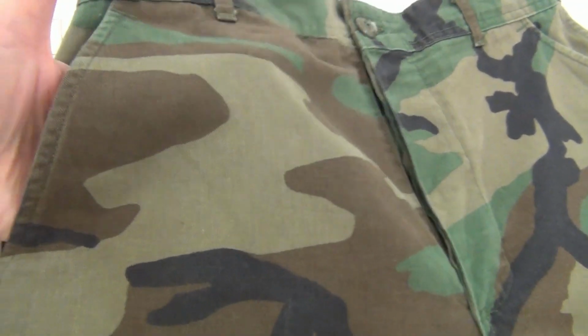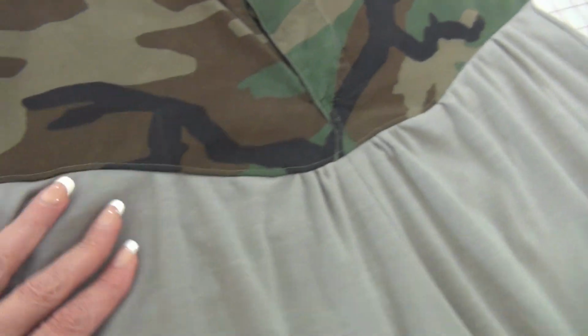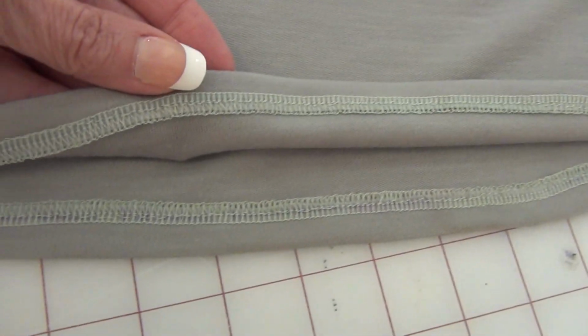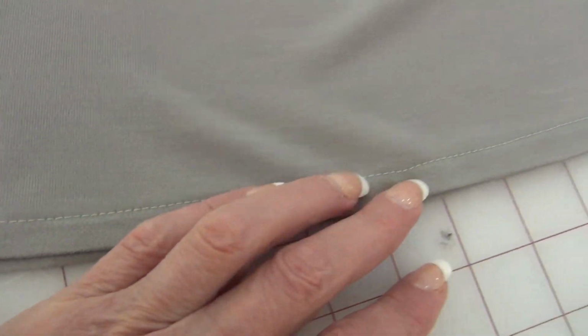So I preserved the pockets and the fly, the button fly here. You have the top stitching here and the gathers. We have the seams, inside seams, and I hem these with my serger, and then I top stitch that, make it a nice clean finish. Excellent. So I completed Kesha's request to upcycle the camo pants into those dope wide leg pants of the McCall's pattern,